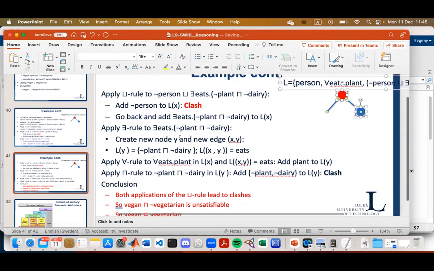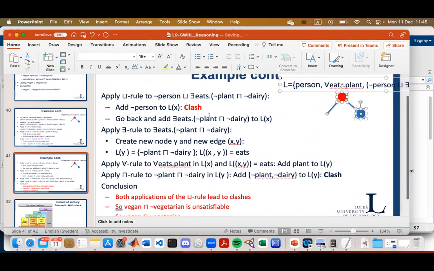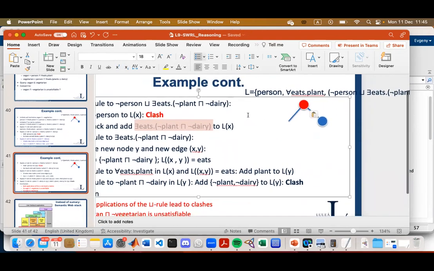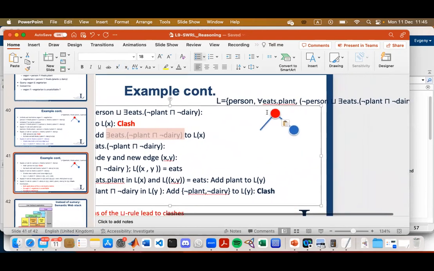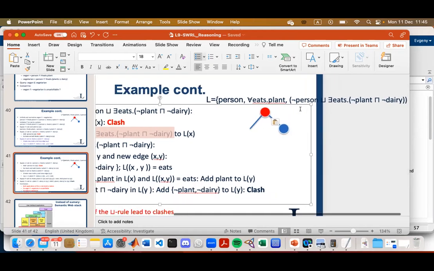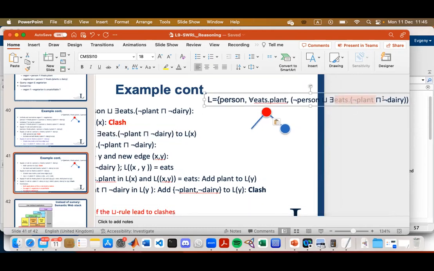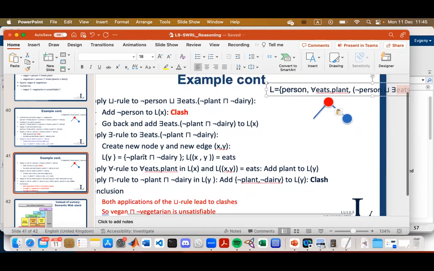To do this, it basically starts to work with this existential. Existential means that we need to split the current node. It means that there is another node that belongs to this concept with this property that eats plants and dairy. And that is what is happening.